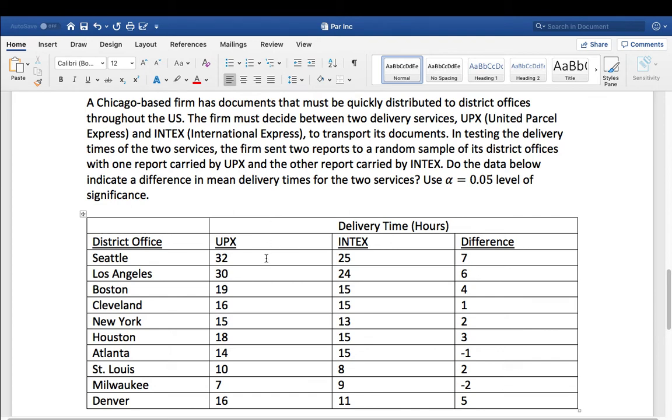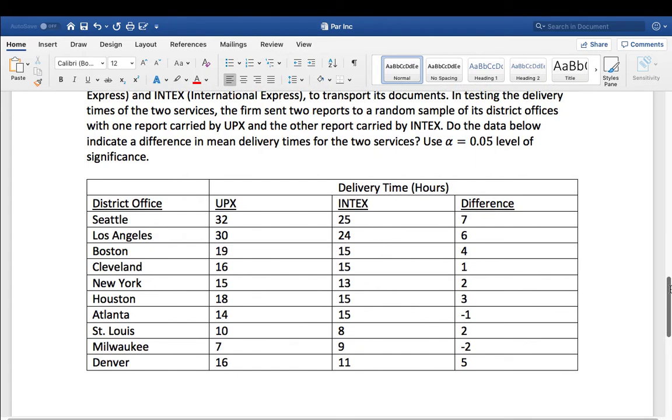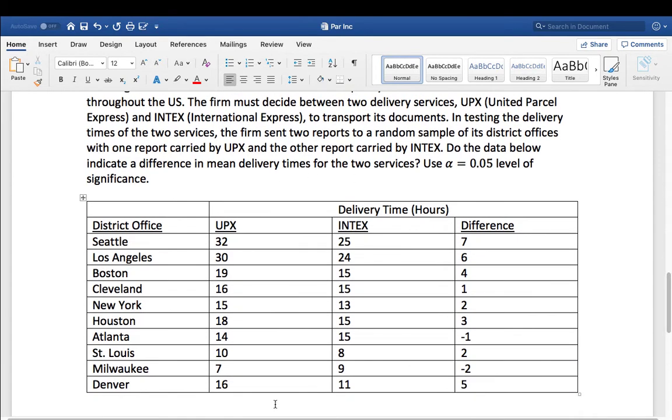Well, we have the time for the two different services, and they're giving us the difference here as well, suggesting this is a difference question. But why would this be a difference question? Why would we not just do what we did in previous examples and solve it that way? Well, let's see. This company is sending out parcels from Chicago. It's a Chicago-based firm. And for example, Milwaukee is very close to Chicago, whereas Seattle is not very close to